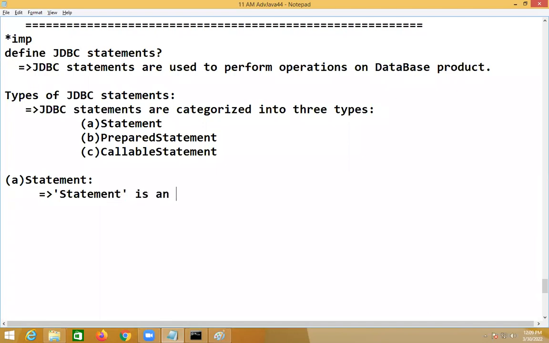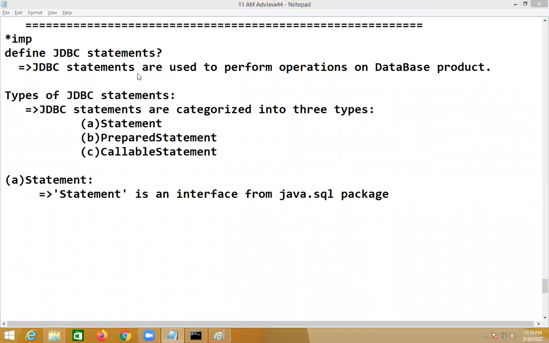Statement is an interface from the java.sql package and which is used to execute